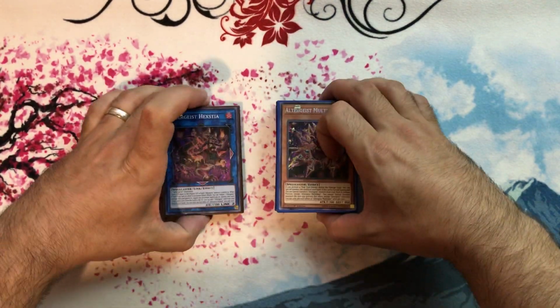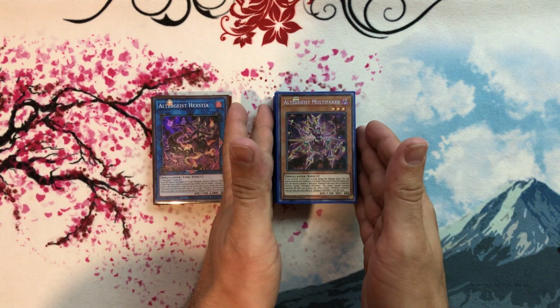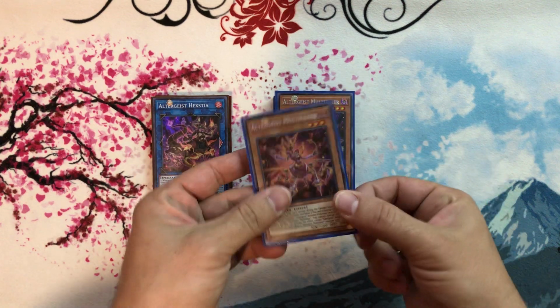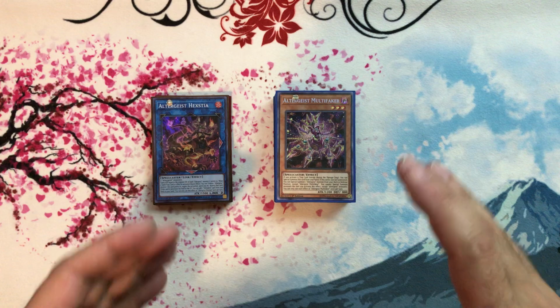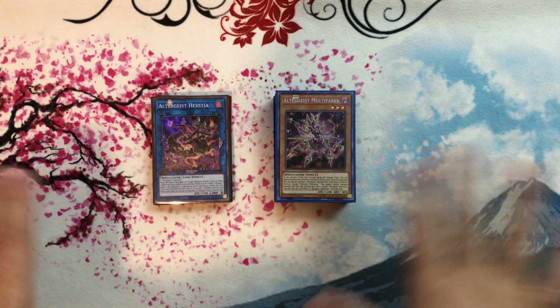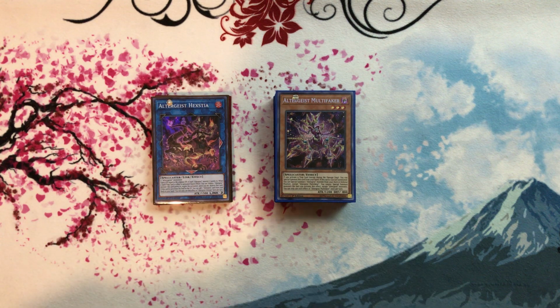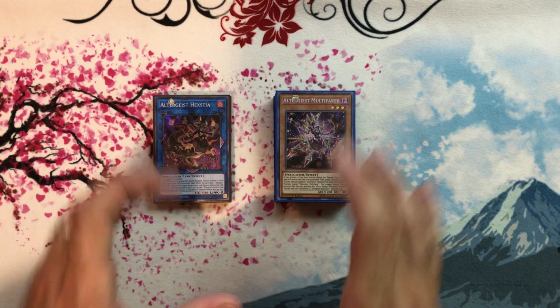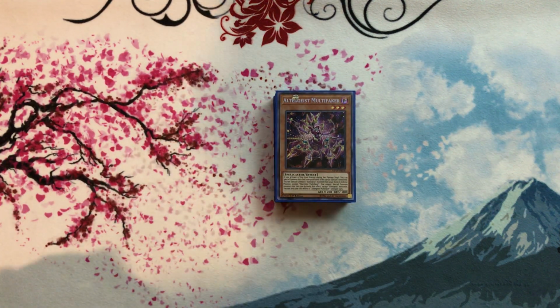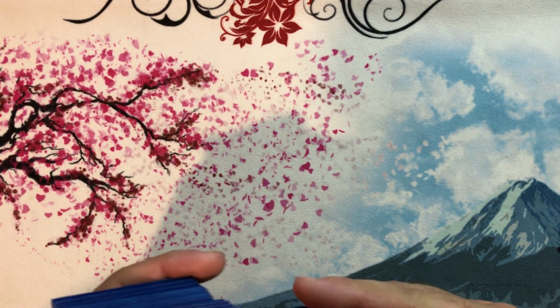But today we are doing Altergeist. In my list, my top 10, I put it at 2, mostly because Multi-Faker's at 3 now, and that card is just absolutely amazing. But I built a really awesome version here. Super trap heavy, but traps that are very relevant to today's format, and I think you guys will like it. So let's get right into it, starting off with the newly unbanned